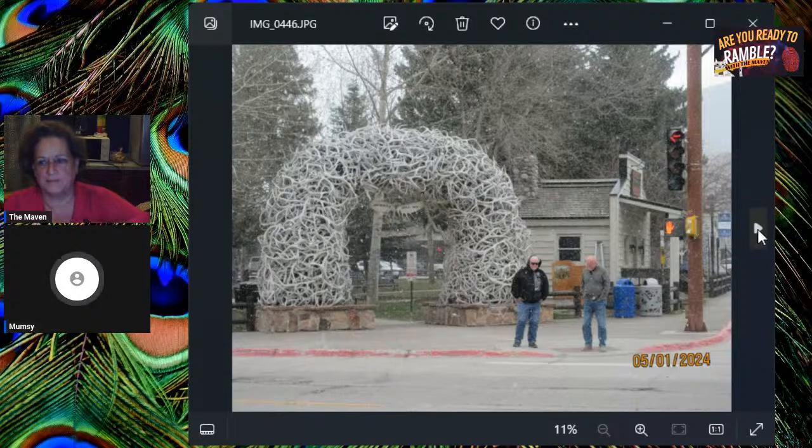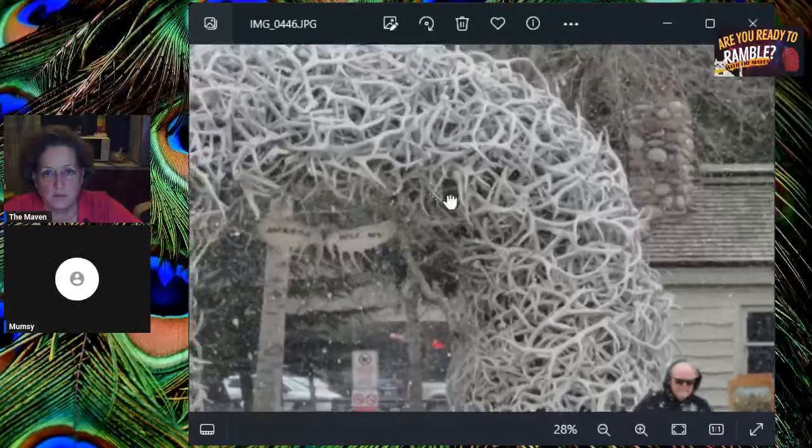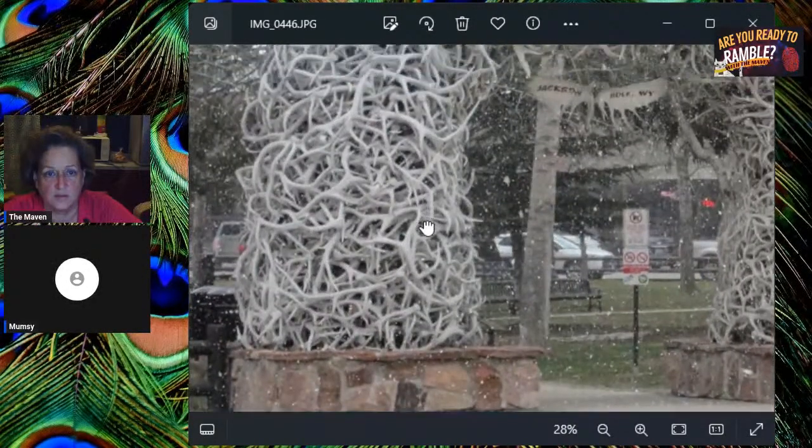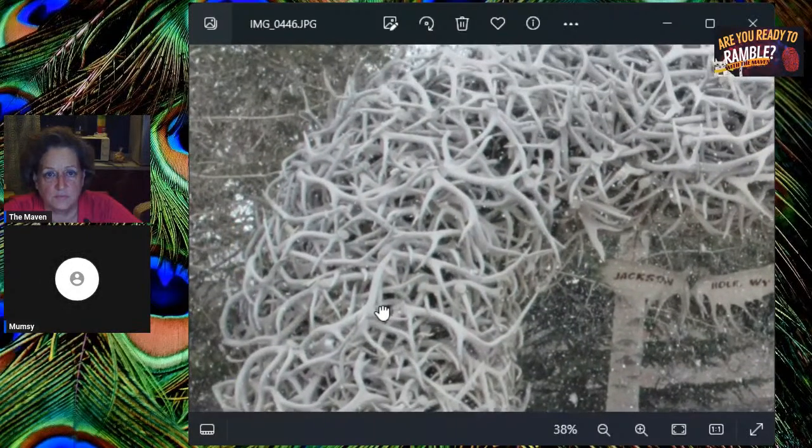I see. I was surprised that they let people go out on May 1st, I think it is, and they hunt down the antlers. It used to be open to everybody, but they changed it, and now it's only open to residents of Wyoming. Very cool. You should zoom in on that because it's very interesting to see. And then there's moose antlers here saying Jackson Hole, Wyoming. It's really amazing to see.